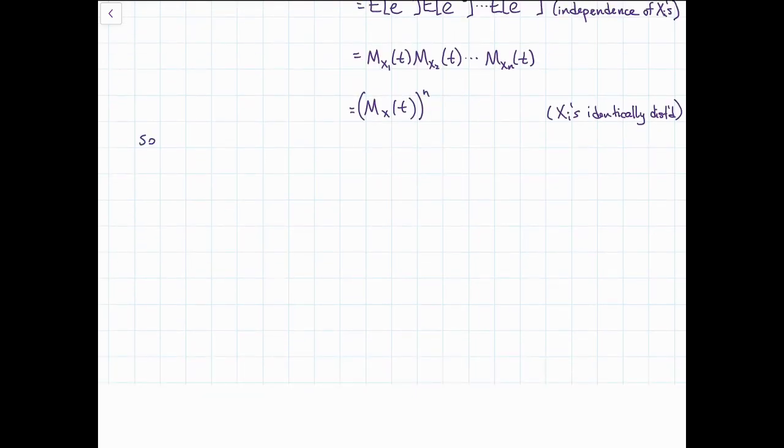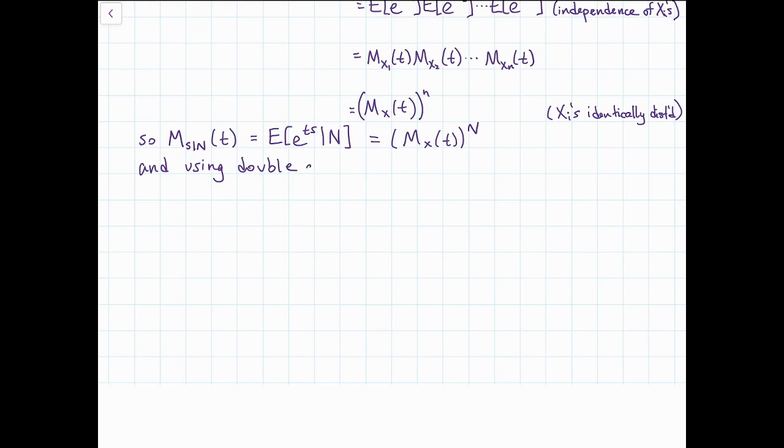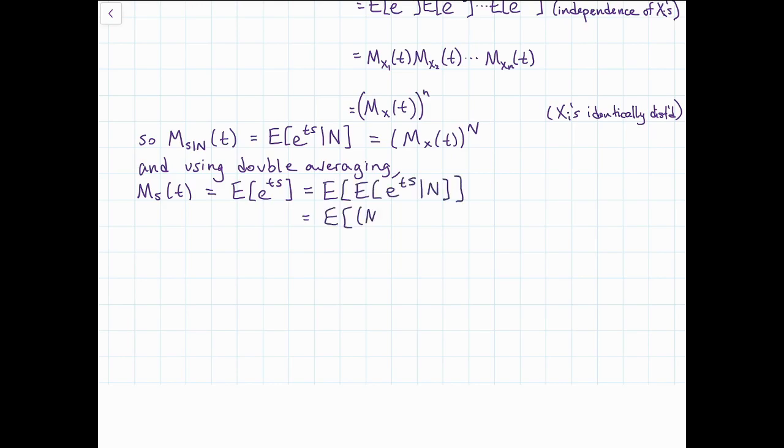And because we know that, that tells us that the moment generating function of S given N, which is the expected value of e to the tS given N, remember this is a random variable, that's just going to be the MGF of X raised to the power of big N. Again, we're taking that little n and replacing it with a big N. So now we can use double averaging to find the unconditional MGF of S. It's the expected value of e to the tS, so that's E of this conditional MGF. Subbing in, that's the expected value of M_X(t) all raised to the power of N,